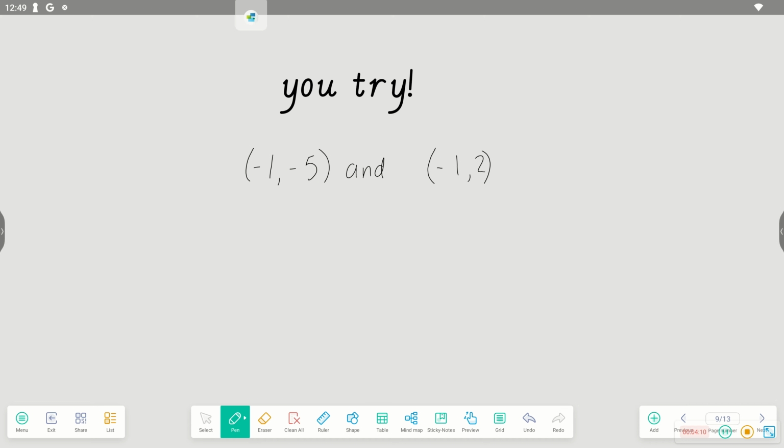So here's one for you to try. Go through it, get as far as you possibly can when you try this one. So then when you come back and check your answer, you know where you made a mistake, or you can see that you were on the right track. So let's go ahead and start out by labeling which points these are. Just to show you that it's the same thing, I'm going to go ahead and make this x1, y1, and this x2, y2. So my distance formula